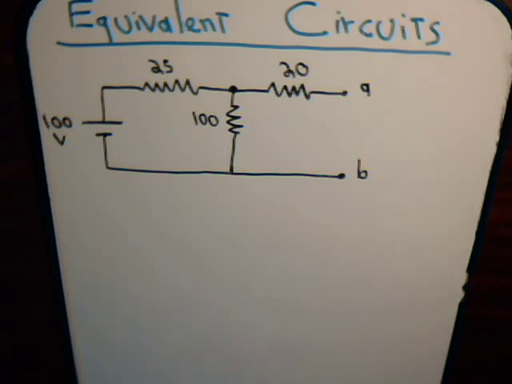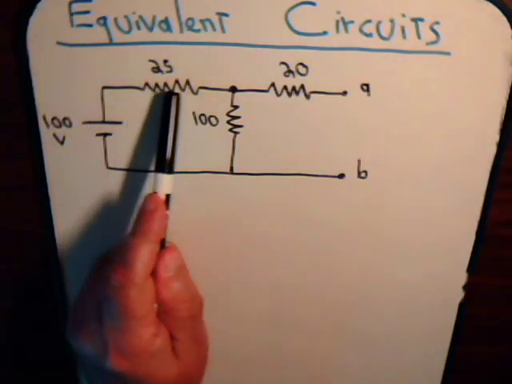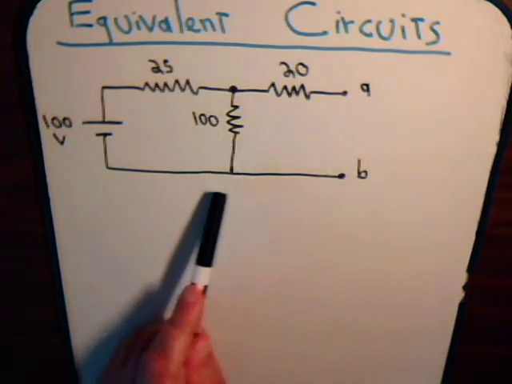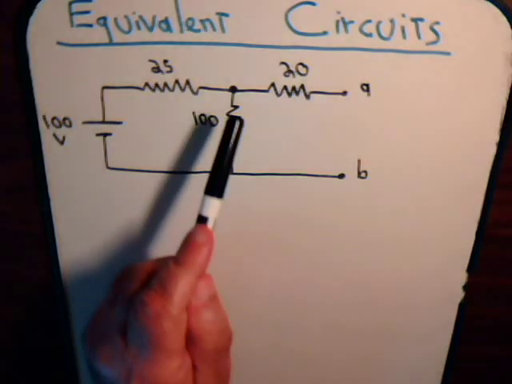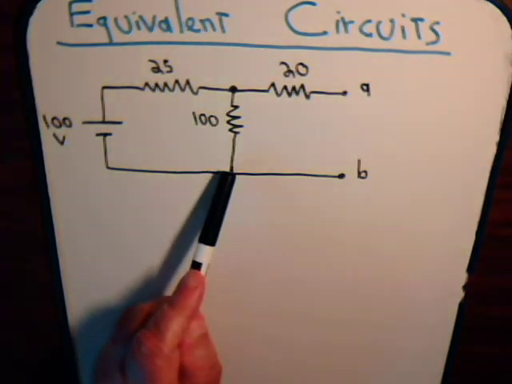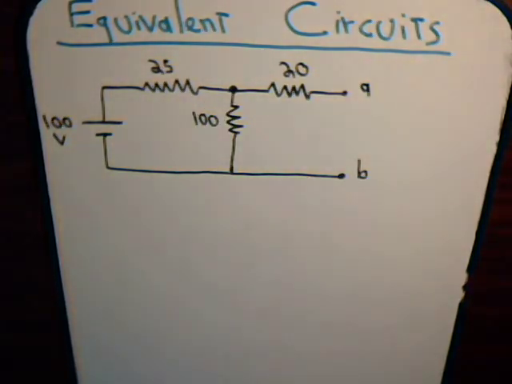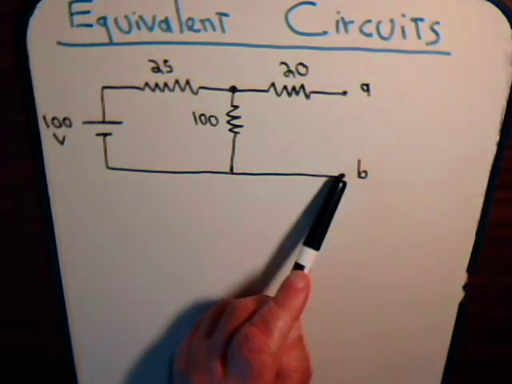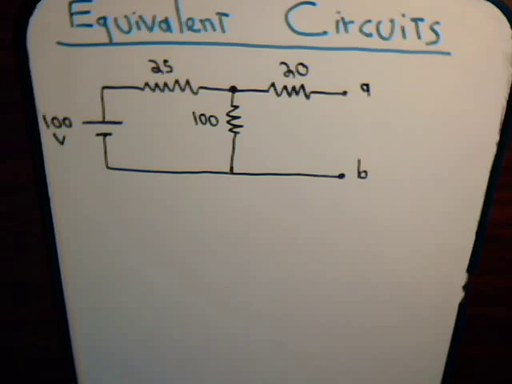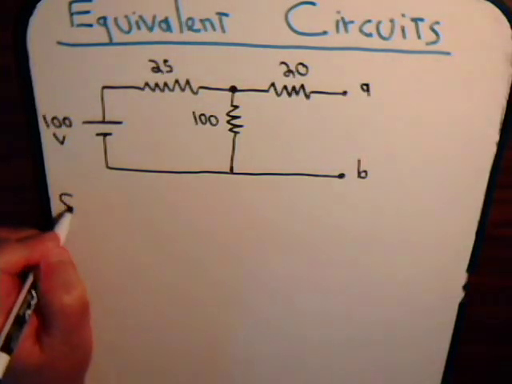We can tell just from looking at it that with the open circuit, the only current flow is going to be through here, and the voltage drop across the 100 ohm resistor is going to be the same as the voltage drop across terminals A and B. So the open circuit voltage